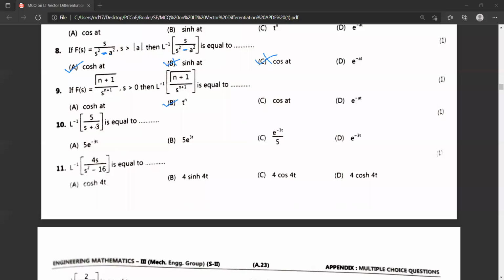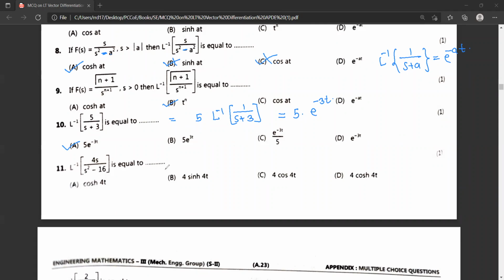Okay. Now this one, how do you solve this one? See what you do. We can take 5 outside. So if I take 5 outside, what is inside? It is 1 upon s plus 3. Direct formula है. क्या है इसका formula? 5 into what? E raised to plus 3t or minus 3t. We have seen this formula. The inverse Laplace of 1 upon s plus a, क्या आता है इसका formula? We know that it is equal to e raised to minus at होता है. तो यहाँ पे e raised to minus 3t होगा. So which answer is correct? A. This one.